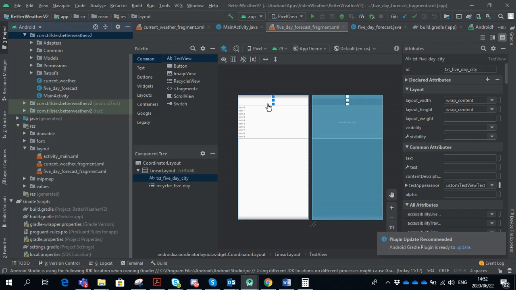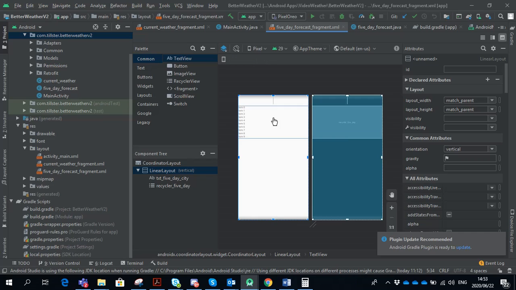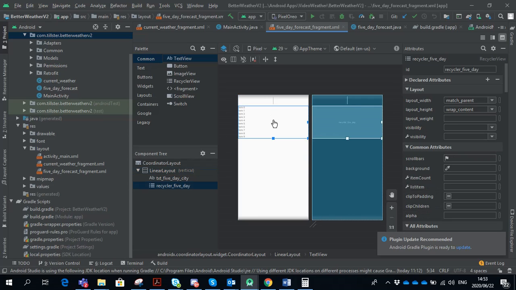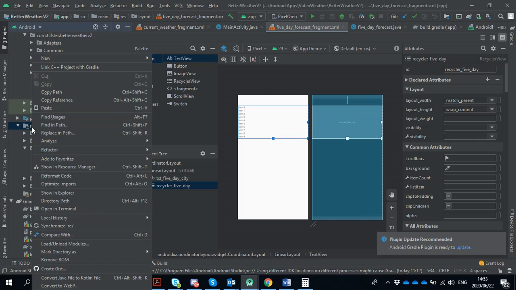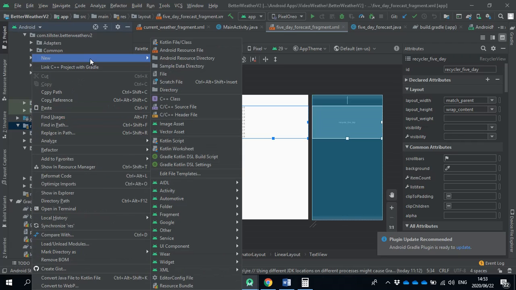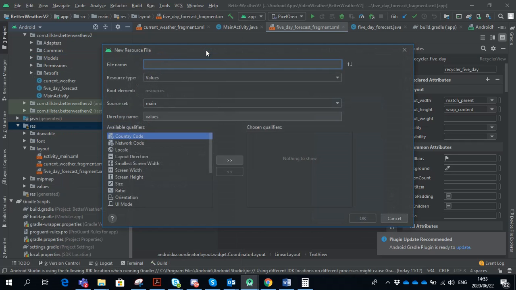Okay, so now that we have our little text view in there and we have our recycler view in here, we need to go and build the little layout file that will populate each one of our recycler view items. So to do this, we're just going to add a new layout resource file. We're going to right click on res and look for new resource layout file or Android resource file. And we're going to call this